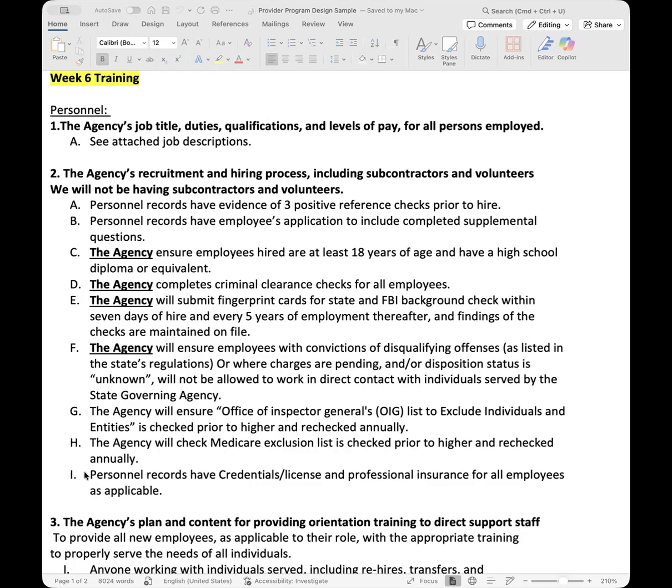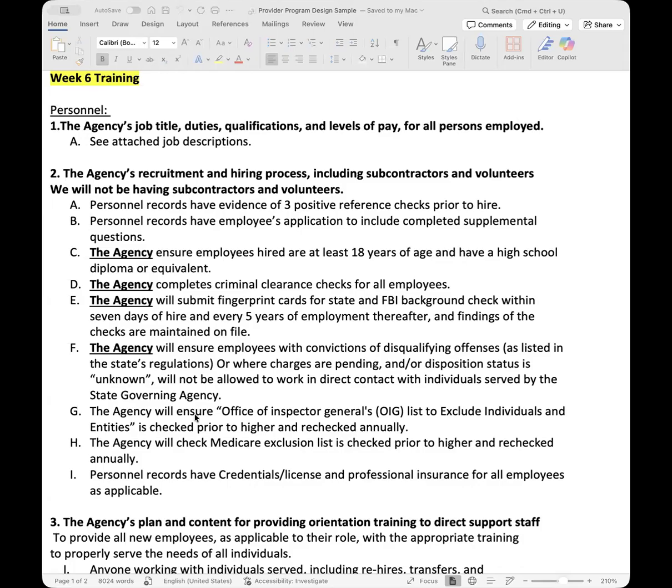So what's in your program plan or the sample program plan right now is the minimum amount of standards or protocols you need to have in place. Remember, with all of these standards and protocols that I have on here, you can always add if you feel like your agency needs more of something. But I would not take away from anything that's on here, because these are the minimum requirements of what you are needed to have in your program design.